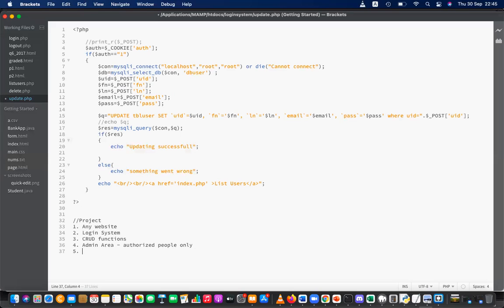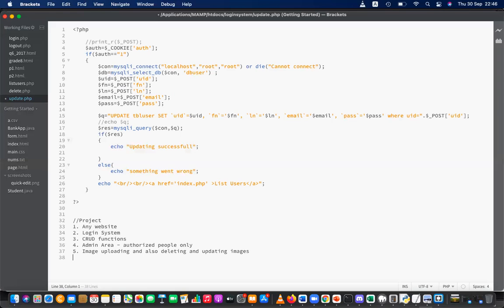Number 5, you need image uploading and also deleting and updating images. That I have not done. That I'm giving as a research activity. You just have to go through the Google search engine, search and apply that facility. So that is for deleting and updating images.